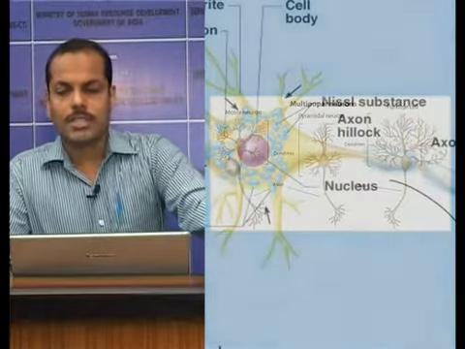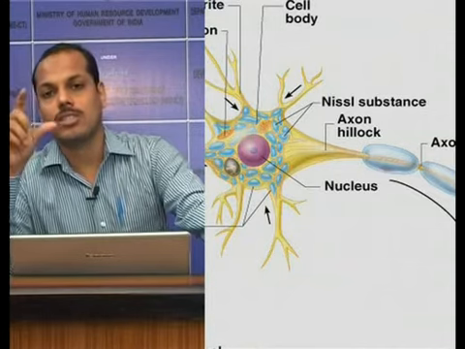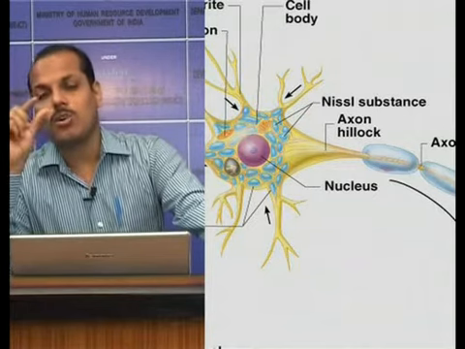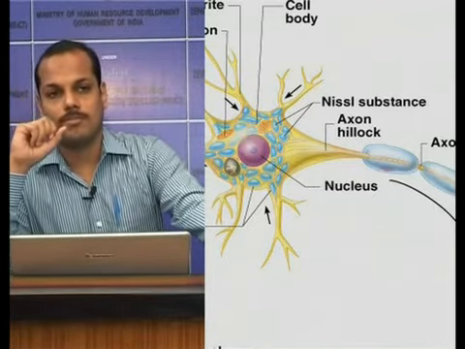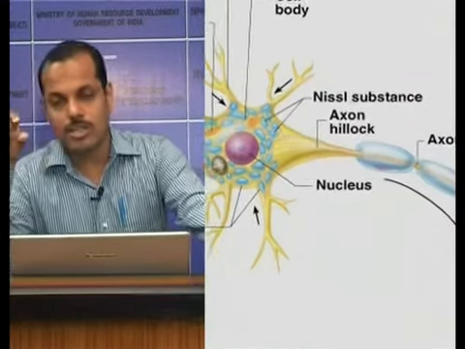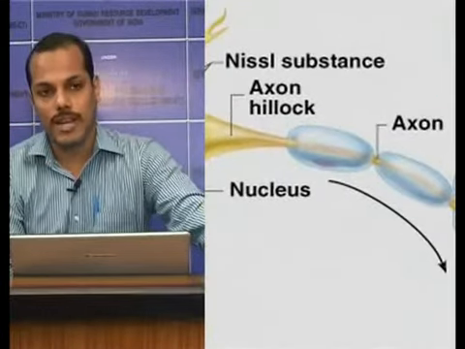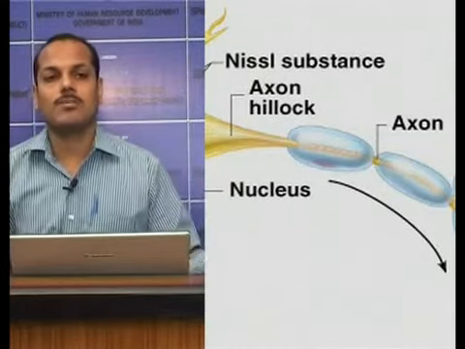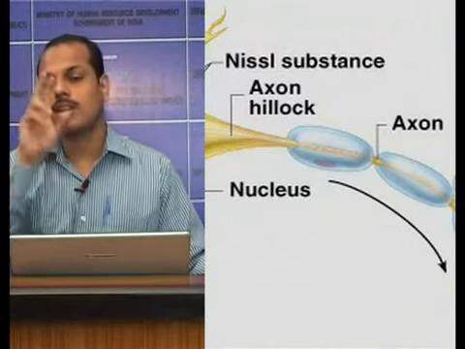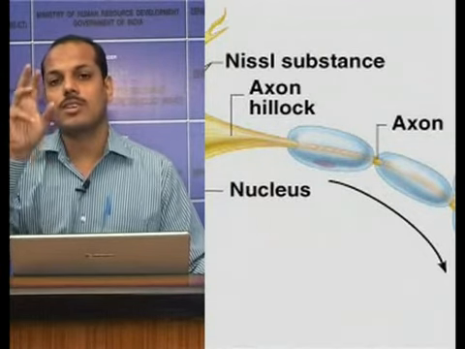Now, what is meant by a myelinated nerve fiber? The axon arises from the axon hillock, which is the junction between the soma and the axon. In the central core of the axon there is axoplasm, which is semi-fluid in nature, and it is covered by a covering called axolemma. Inside the axoplasm there are mitochondria and vesicles, but Nissl granules are absent in the axoplasm. So the axon cannot synthesize its own protein.